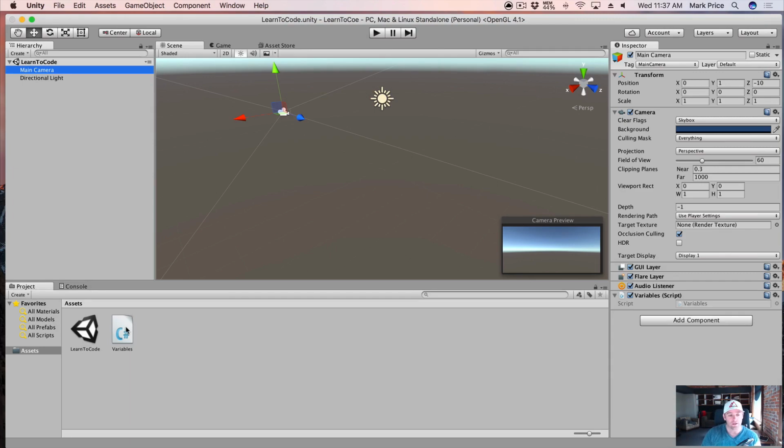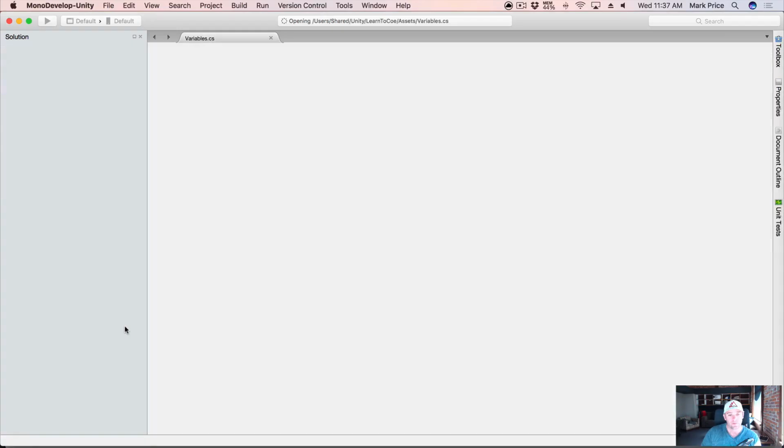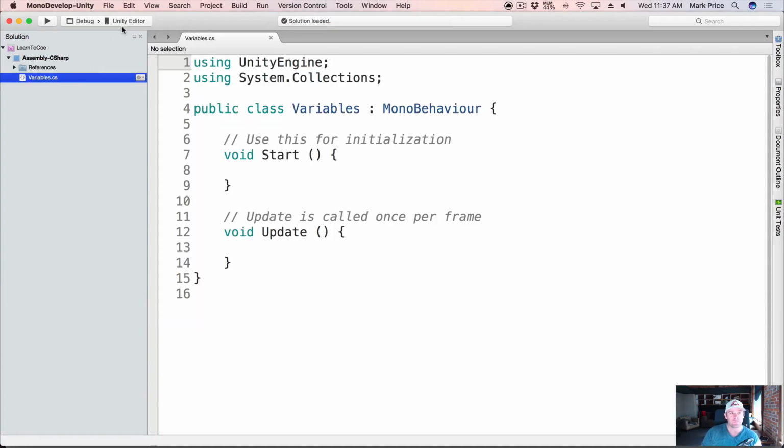Now to open the script, all you need to do is double click it. And this is going to load up MonoDevelop, which is the IDE, and we'll be using MonoDevelop for this. You can also use Visual Studio, which I'll be showing you later, if you don't want to use the built-in MonoDevelop. And you'll notice here, when you click your Variables.cs, that there's a Start function and